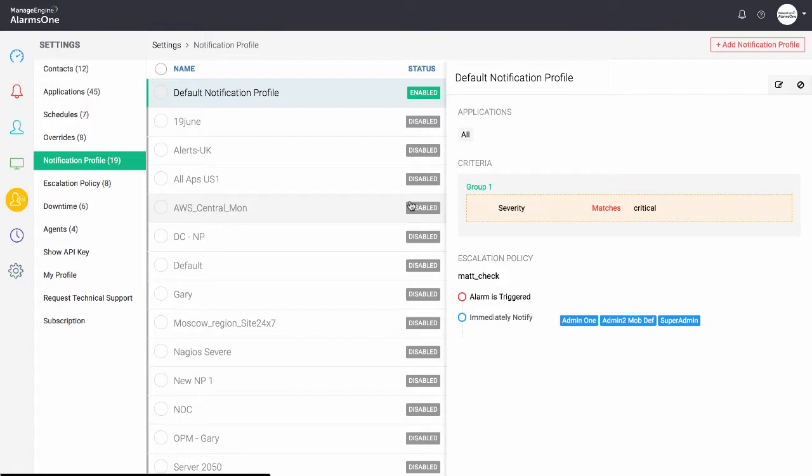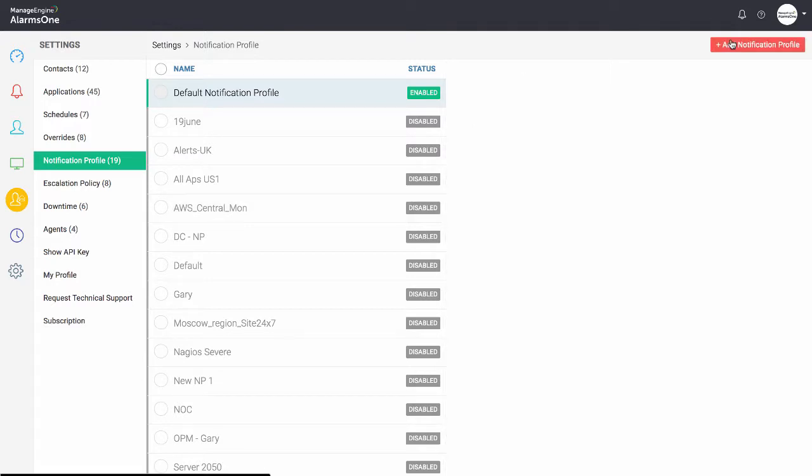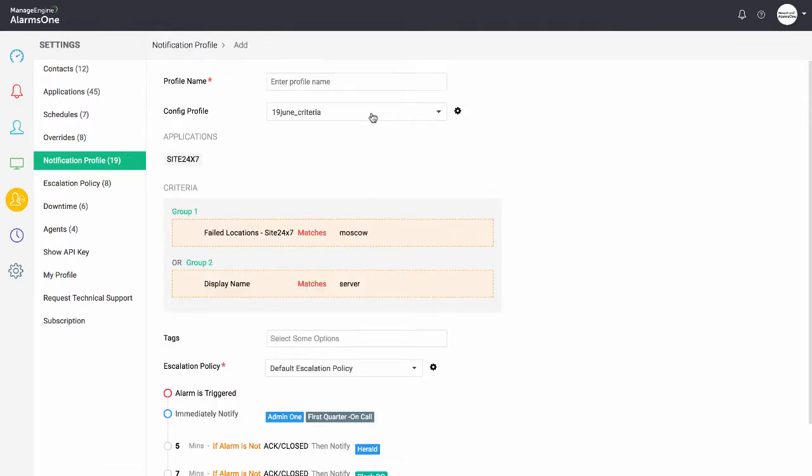So I have the option in AlarmsOne to define my notification profile where I can choose a particular application. For example, I have chosen the application as Site24x7, and I have set the criteria as my display name contains server, and even I could add